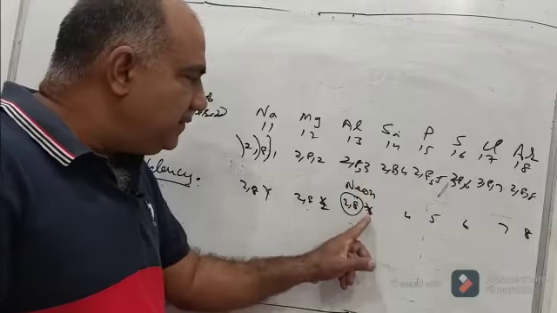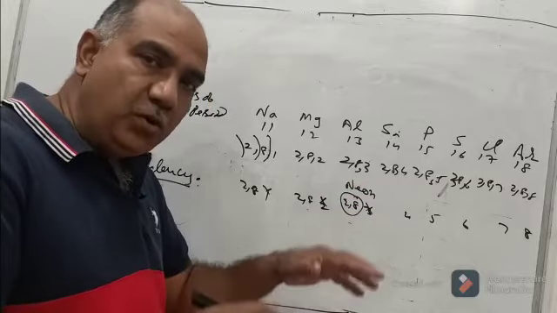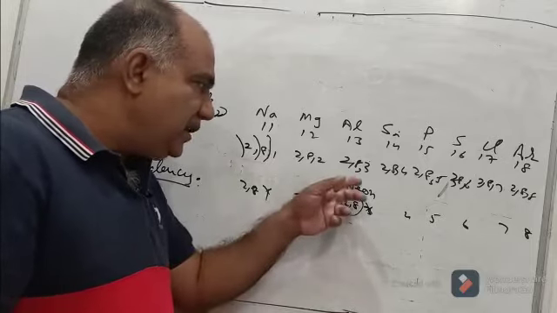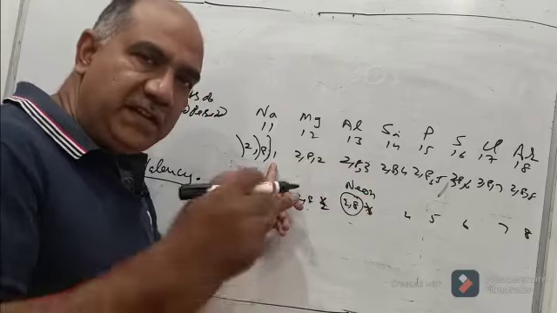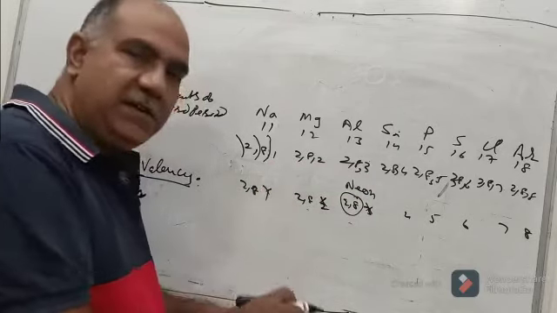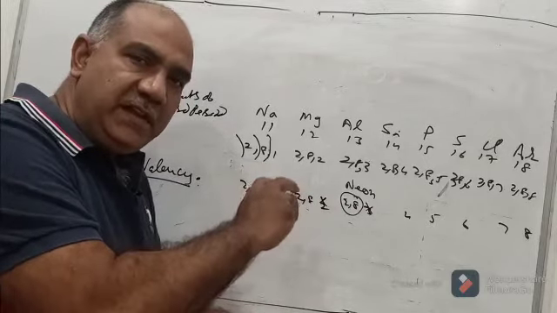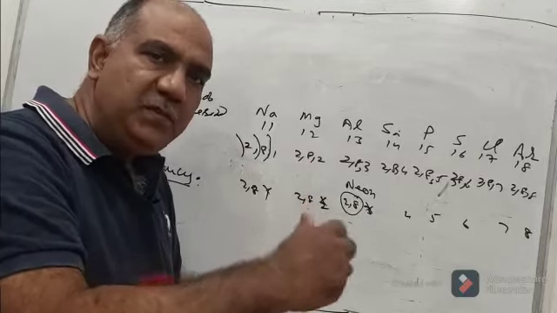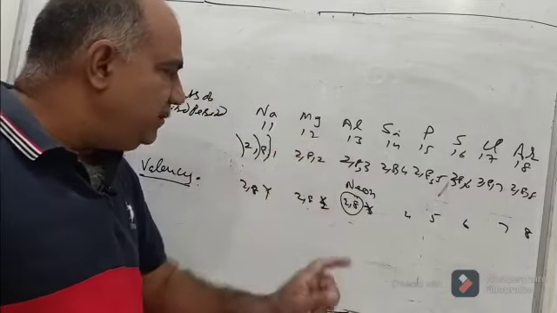So, this will not gain 5, it will lose 3. So, number of electrons that are required to be lost. Now, we will confine our definition to this part only, losing. So, 3 electrons this has to lose, 2 electrons this has to lose, and 1 electron it has to lose. And once again, let me confine my definition of valency to the loss of electrons. Number of electrons that are required to be lost by one atom of an element in order to complete its duplet or octet. So, sodium, magnesium and aluminum.